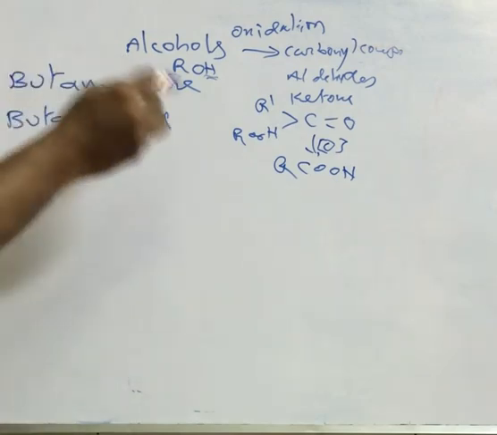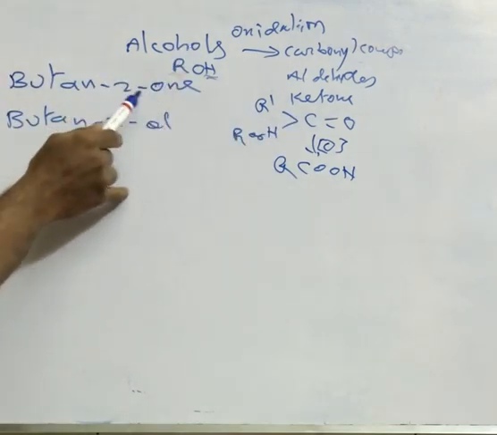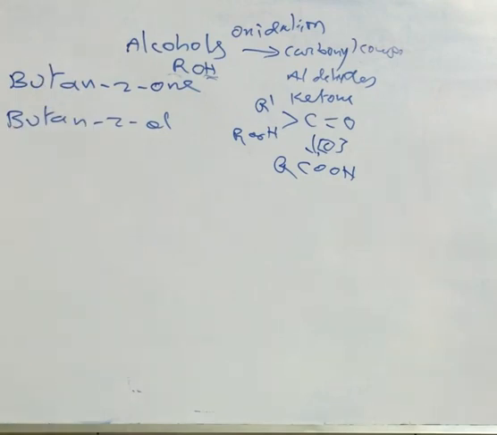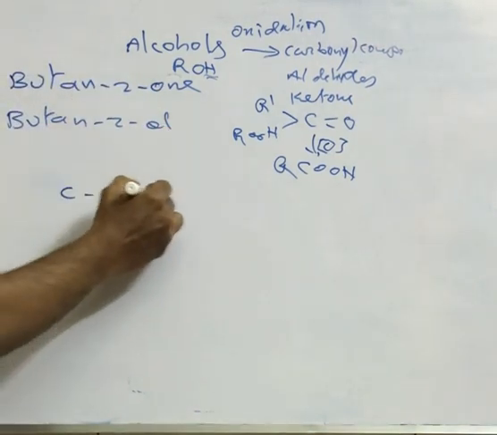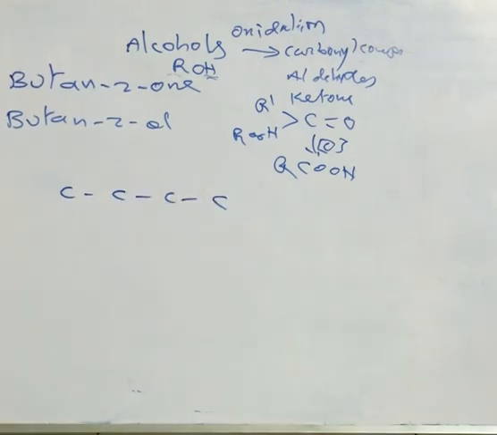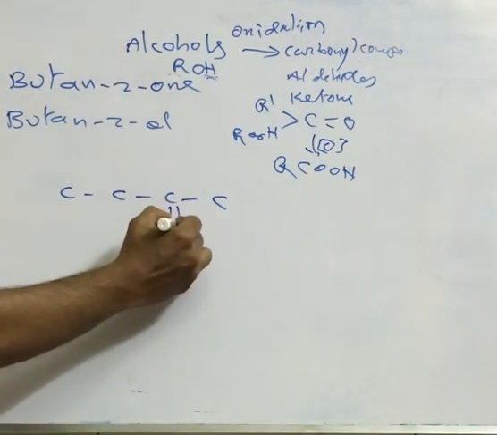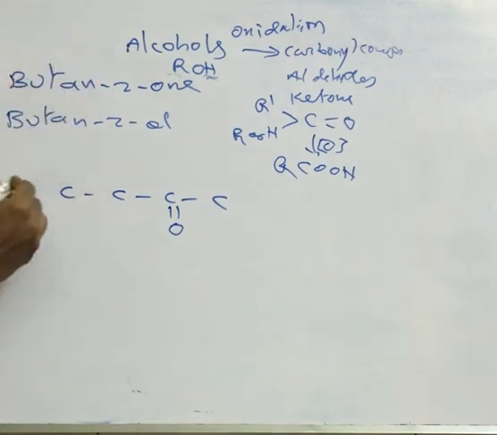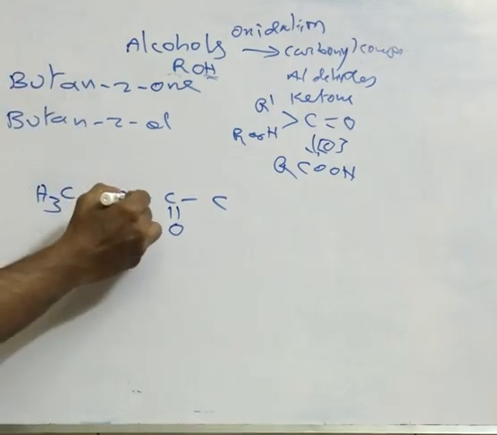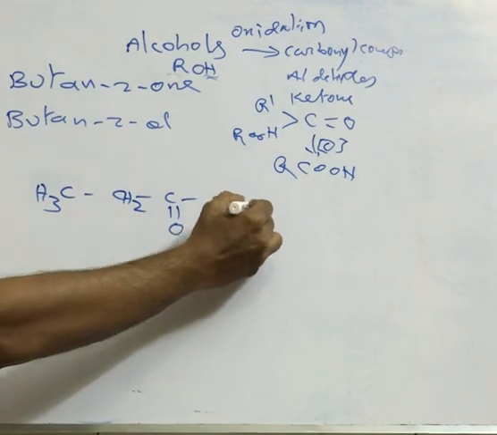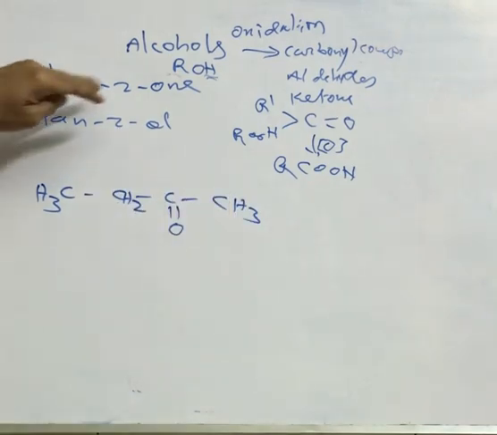So now we are going backwards. A ketone is converting to alcohol. Ketone to alcohol means it is a reduction. So you need to have a reducing agent. For butan-2-one, let us first write the structure. Butane has four carbons, and the second position has the keto group, and the remaining are hydrogens. So CH3, CO, CH2 and CH3. This is butan-2-one. Now I need to